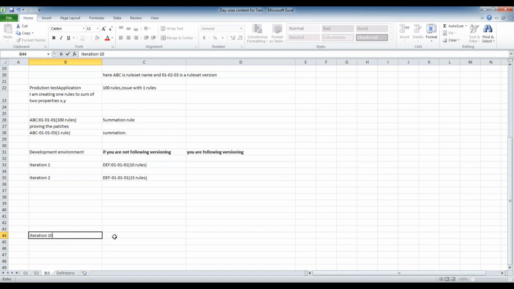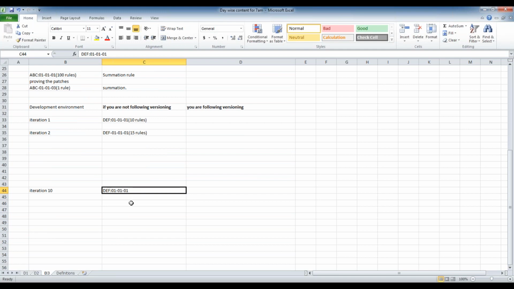During iteration 10, I'm not following versioning, so it will use the same version 01, 01, 01, and total rules, let's say 100.